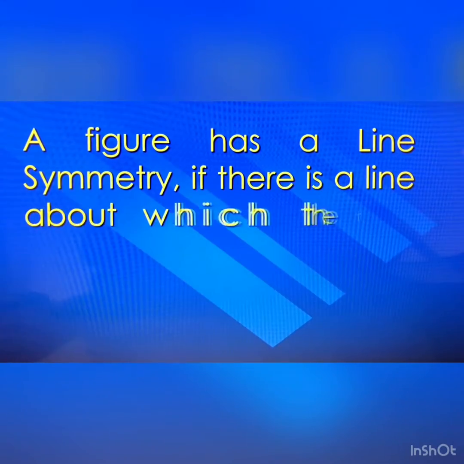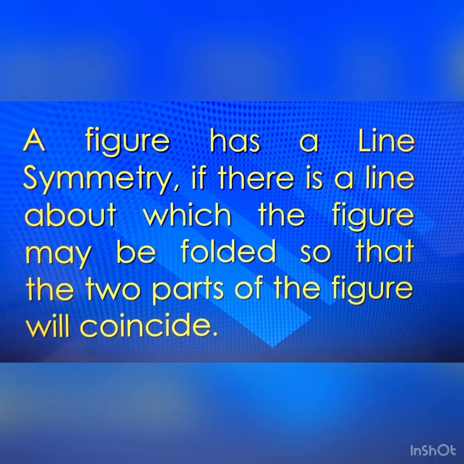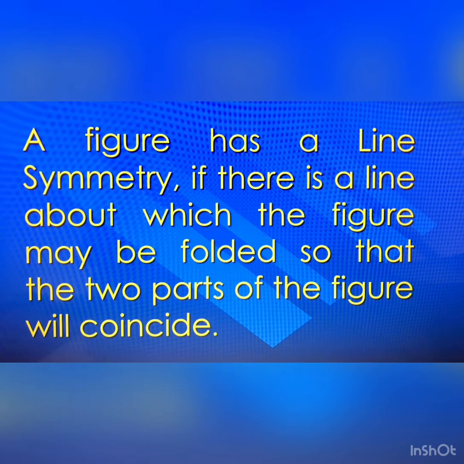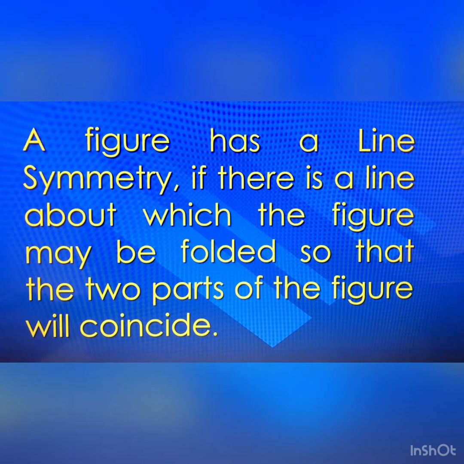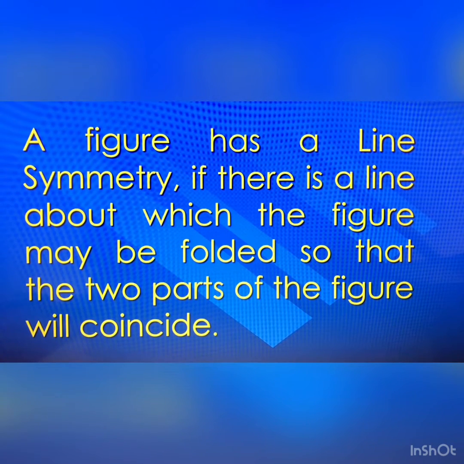A figure has a line symmetry if there is a line about which the figure may be folded so that the 2 parts of the figure will coincide. मीन्स दोनों पार्ट्स अगर एक दूसरे को कवर कर लेते हैं तो वो लाइन ऑफ सिमेट्री होगी।